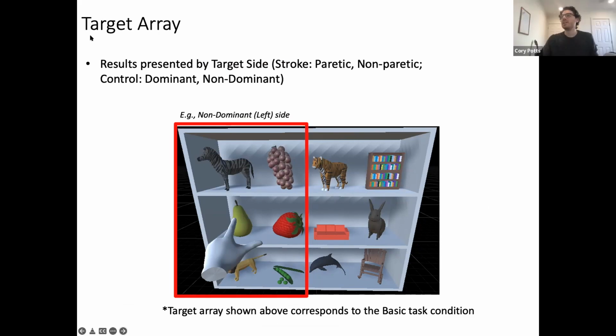Okay. Let me preface how I'm going to be talking about this. The work that you saw from Bob Sainberg and colleagues was already set up in pretty much the same way, so you should be prepped to look at these plots. This is the target array. I'm dividing this into the left and the right side, but I'll be describing it in terms of the non-dominant and the dominant side for controls, or the non-paretic and paretic side for participants with stroke. For example, if we were looking at the LCVA group, the left side would correspond to the left non-paretic arm, and the right side would correspond to the paretic arm. Okay.